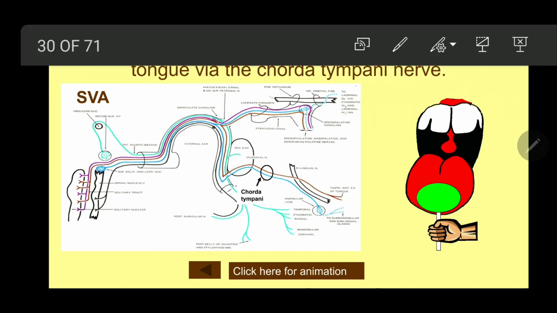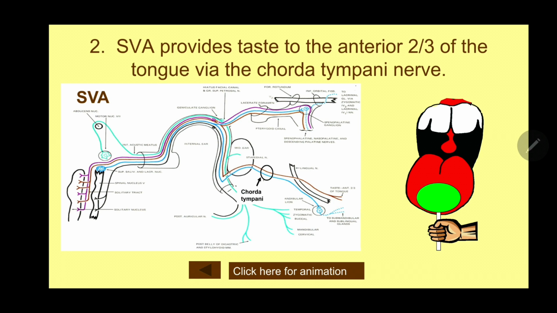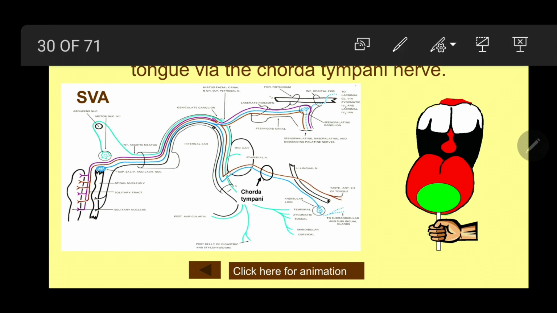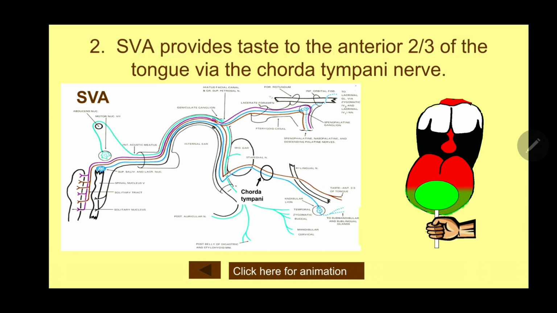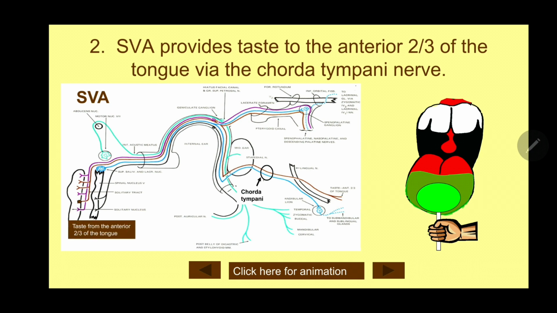Very good. Okay, now look here, the special visceral afferent will provide taste to the anterior two-thirds of the tongue via the chorda tympani. Now this will be the pathway of taste from the anterior two-thirds of the tongue via the chorda tympani. Ultimately, they will also relay in the same center, and you know it. So here, look, a person is licking a lollipop. So the taste sensation from the anterior two-thirds of the tongue will follow the course of the chorda tympani, and again it will relay in the upper portion of the nucleus tractus solitarius.